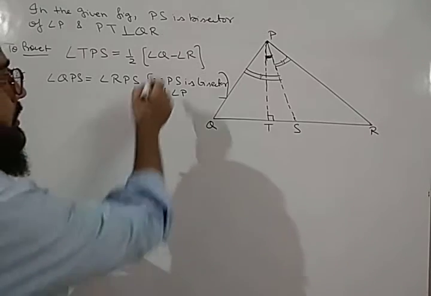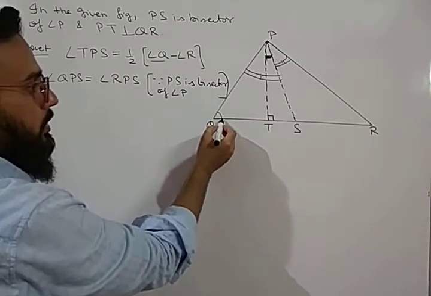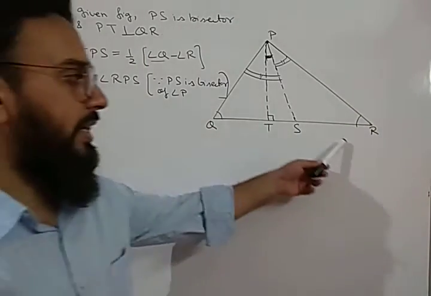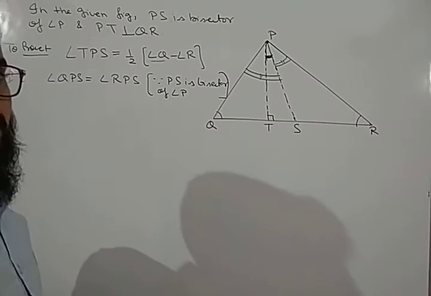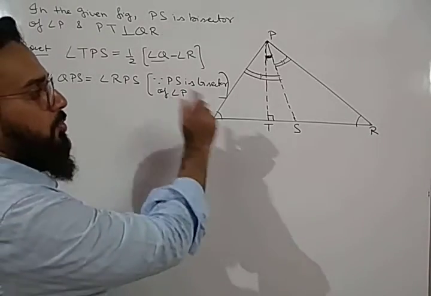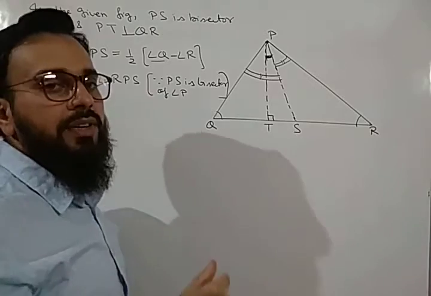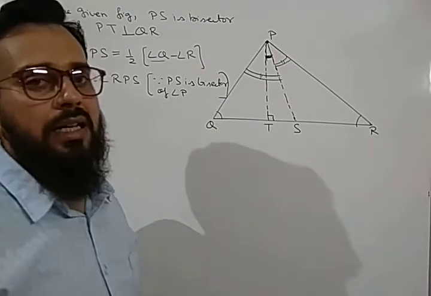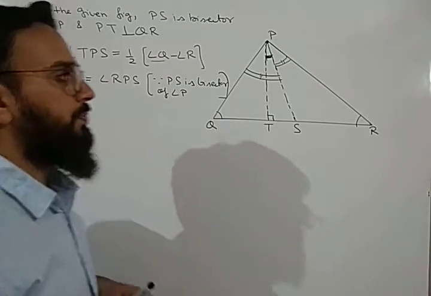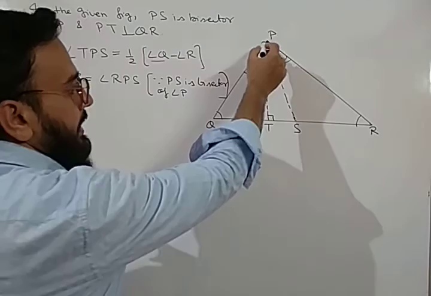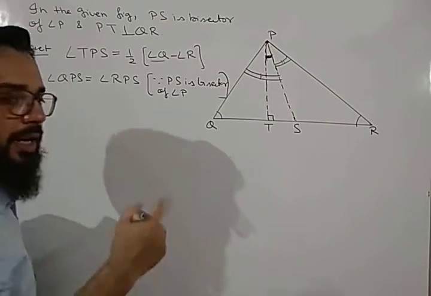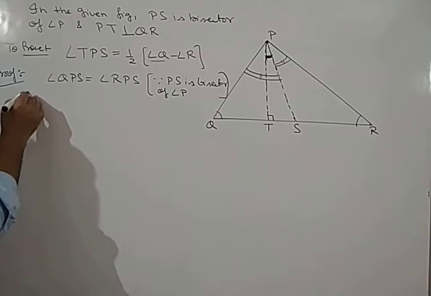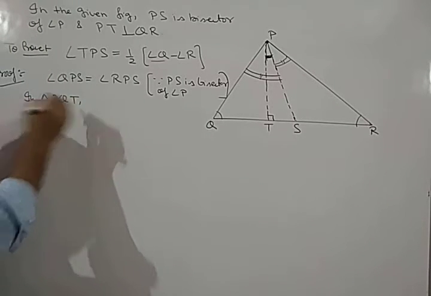We have to get angle Q and angle R, these two angles, and the difference of these two angles we have to obtain in the proof. I already told you, whenever you have to prove a question, you will move in such a way that you obtain the answer which you have to find. So how can you get angle Q? If we consider triangle PQT and apply angle sum property in triangle PQT.